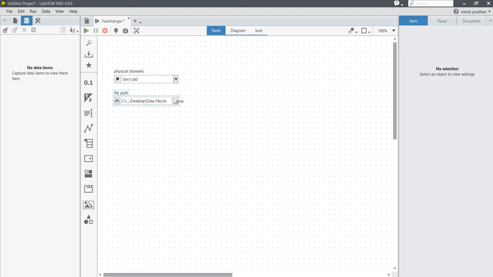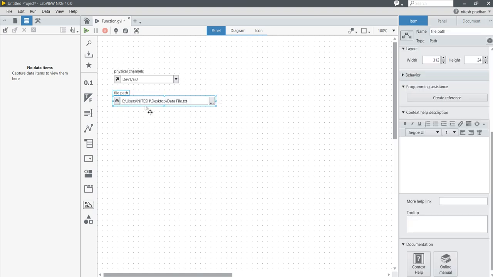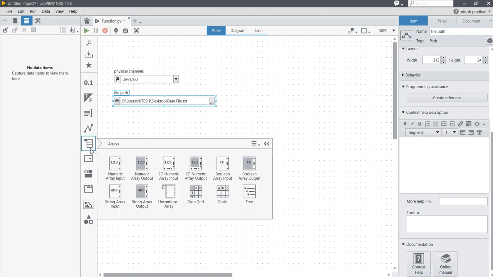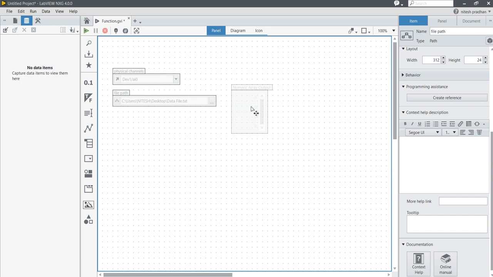Now we have shortlisted that C user Nitesh desktop and file. Now I am going to do one more thing here. Come into the array and take a numeric array output.